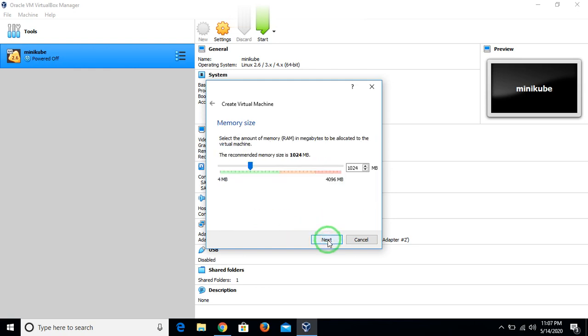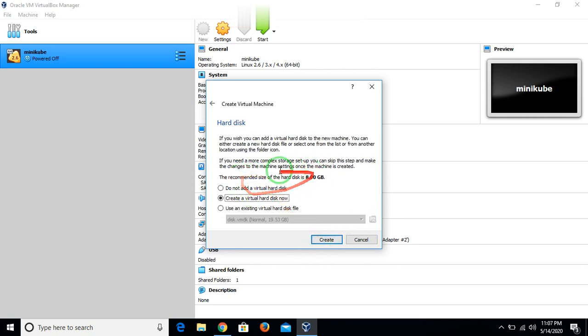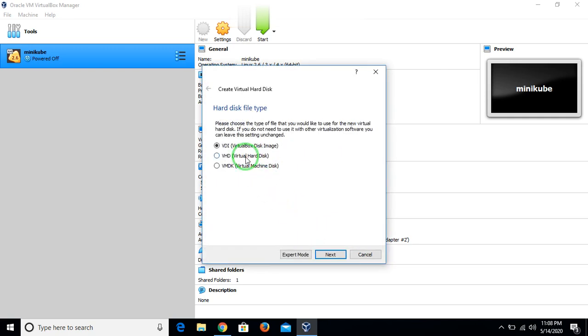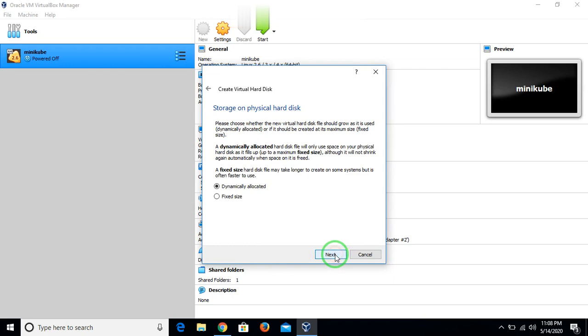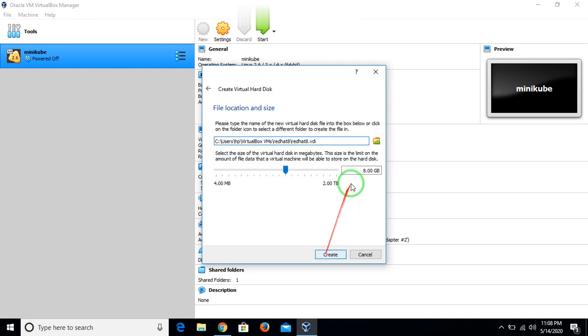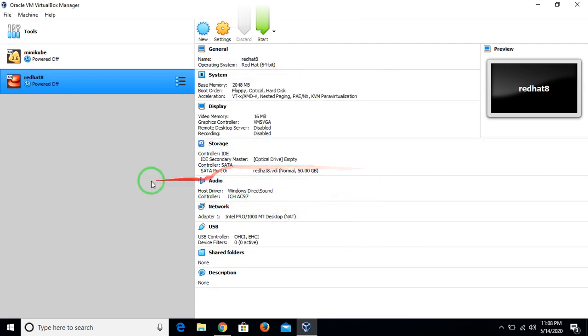So just click on that, and here you choose how much RAM you will allocate for your VM. In my case, I am allocating 2 GB. Just next, and the hard drive created for the VM is a virtual disk. Just click next, and VirtualBox disk image. Just next, here comes the physical storage. It can be dynamically allocated or fixed, so I will go with dynamically allocated. Here you choose how much hard drive you have to allocate for your system. For me, I created 50 GB, and my machine has been created.